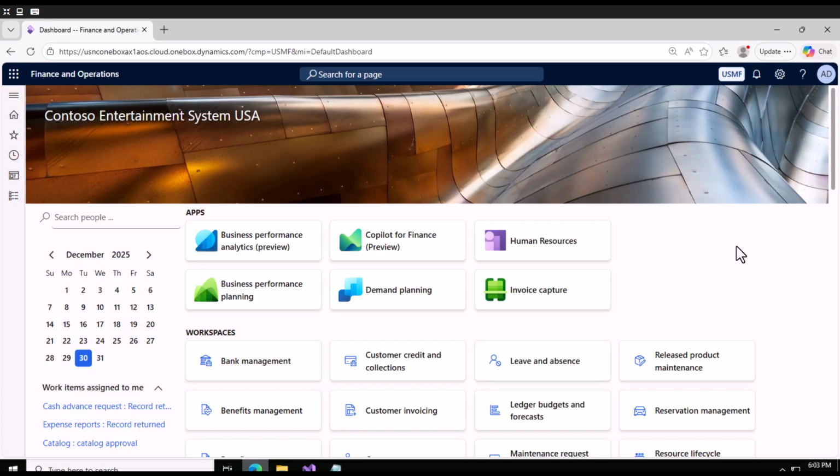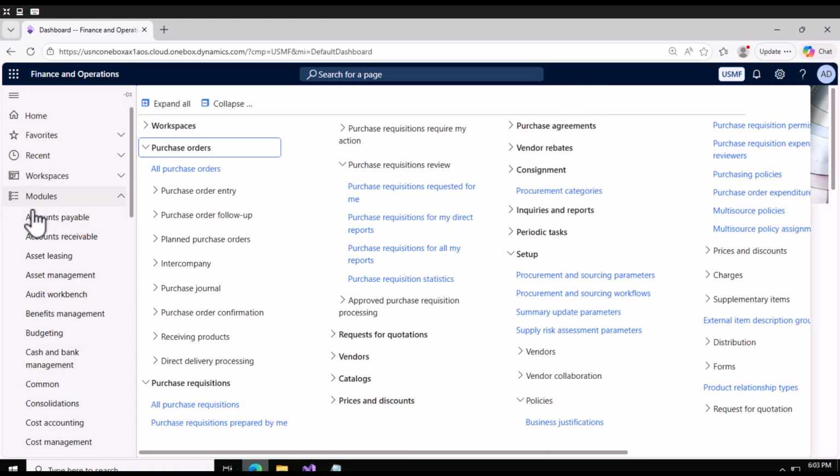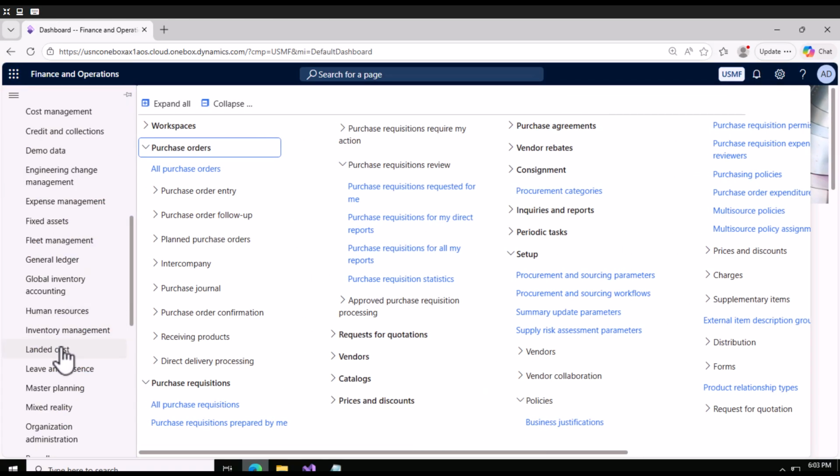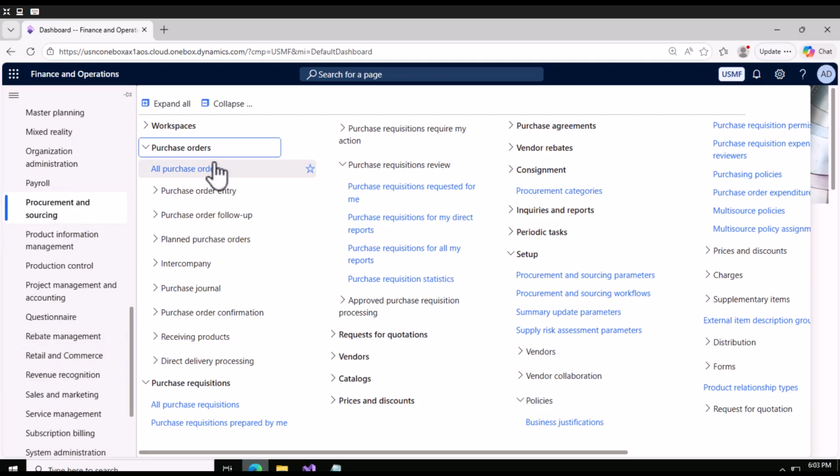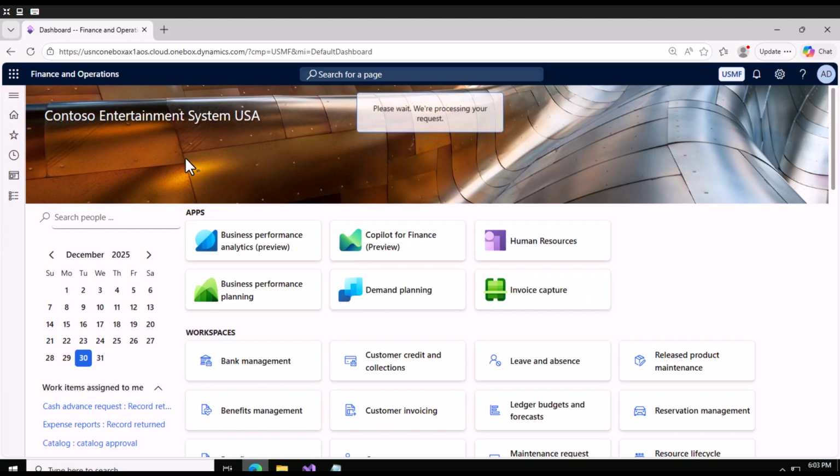I hope you are doing well, and in this video we'll see how we can calculate the total in a purchase order. So first of all, let's go to the front end and let me try to explain. If you go to your procurement and sourcing module and click on purchase order,